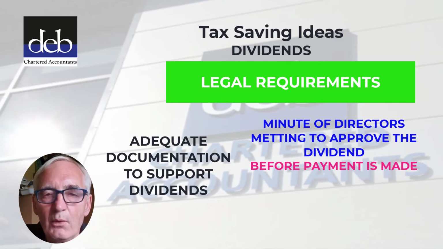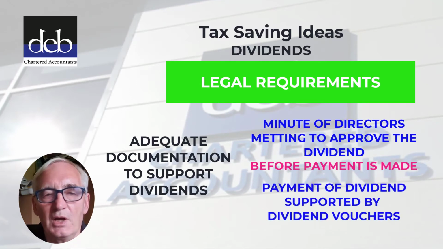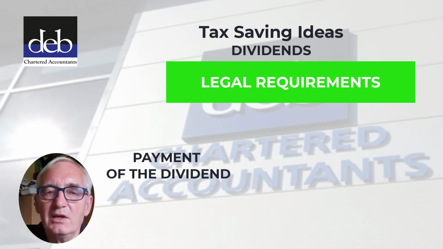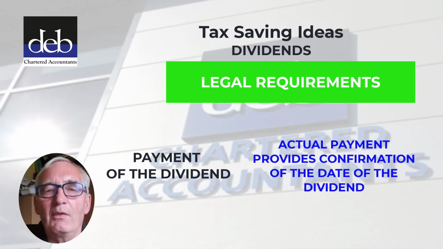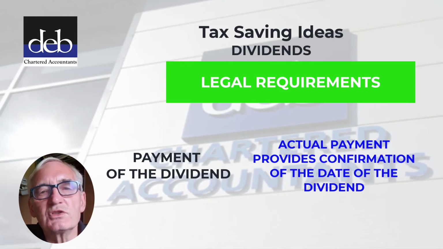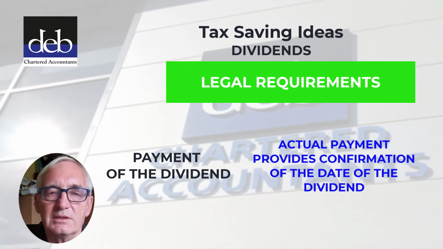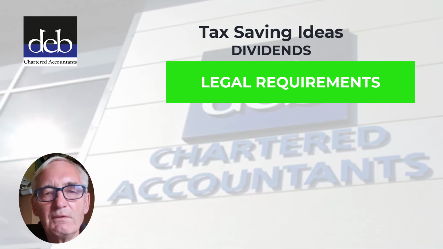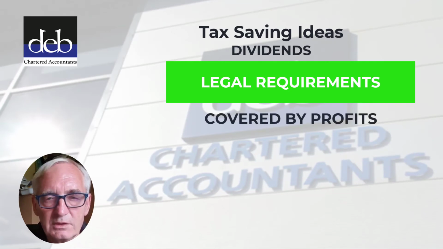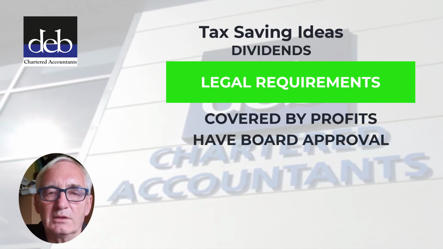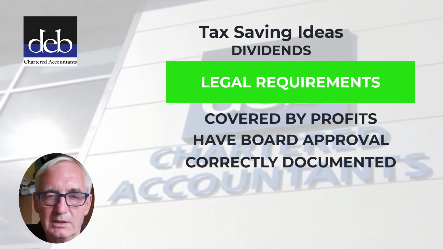The directors should then arrange for the dividend to be paid to the shareholders and evidence the payment with a dividend voucher for each shareholder. Whilst it's not essential that payment is actually made, at DEB we recommend that the payment should actually be made, as this provides further confirmation of the date of the dividend and reduces the possibility of this being challenged at a later date. Thus, each dividend should be covered by profits, approved by the board of directors, be adequately documented,